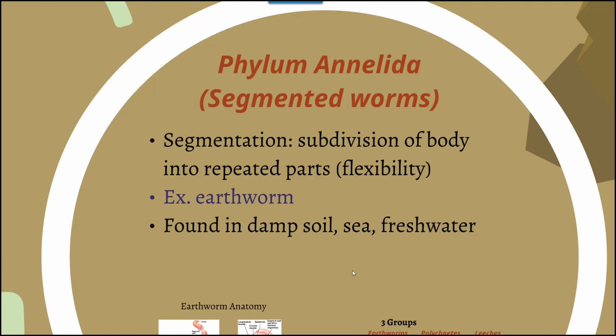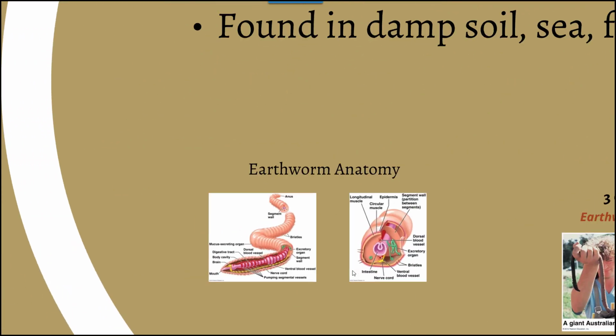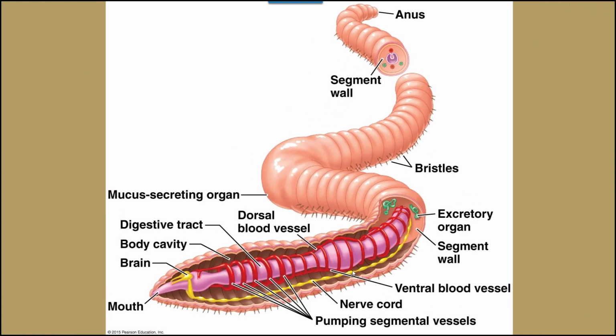So at the head of the animal, you're going to have different internal things happening than at the middle and the end. So for example, an earthworm that's found in damp soil, with some species found in the sea and also freshwater environments, is going to have this internal anatomy that's going to consist of